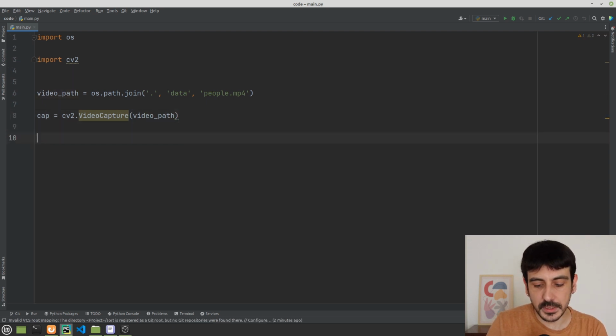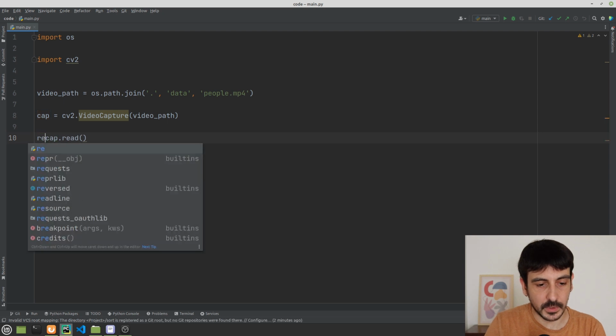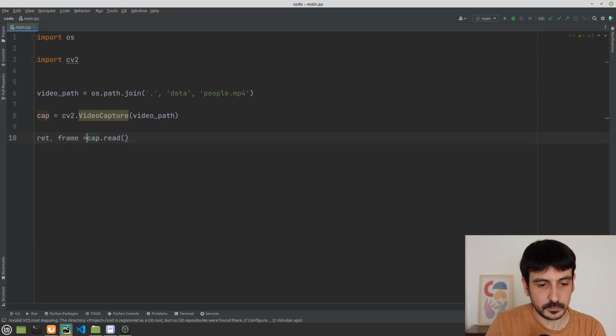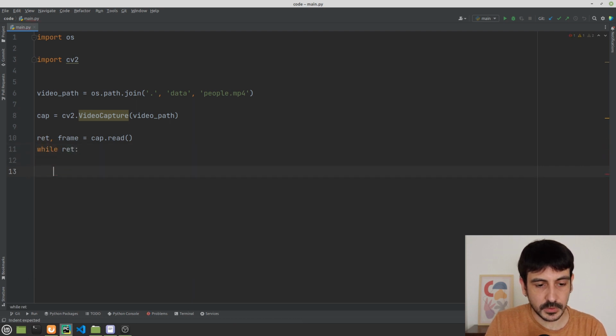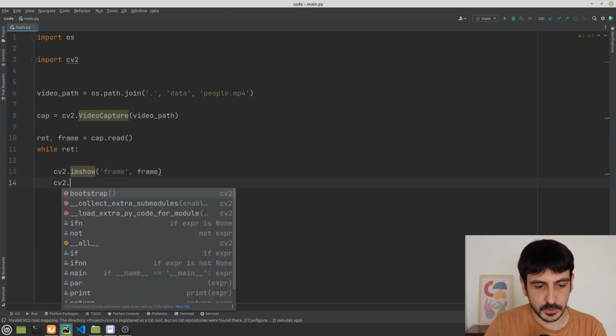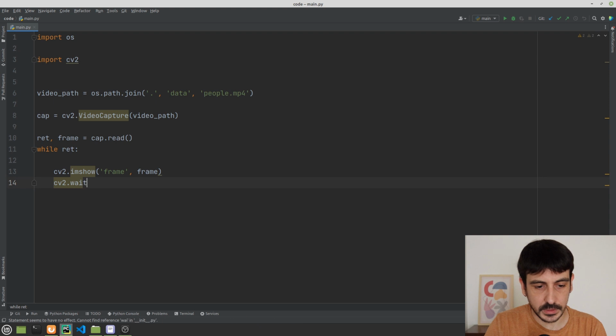Now what I'm going to do is read a frame from this video, so cap.read, this will be read frame, and now while read, I'm just going to visualize frames from this video. So cv2.imshow, this window will be called frame, cv2.waitKey